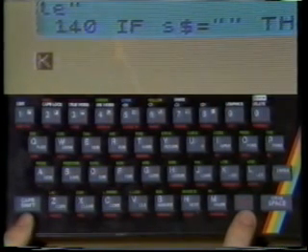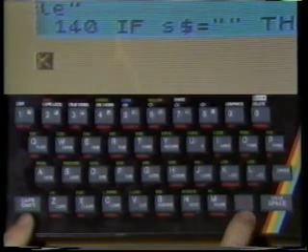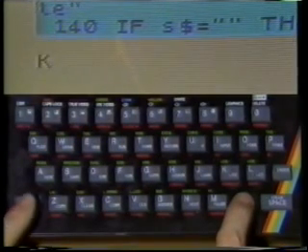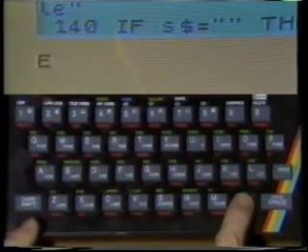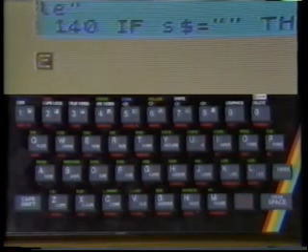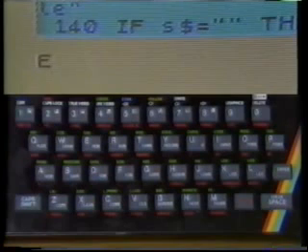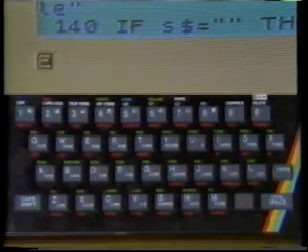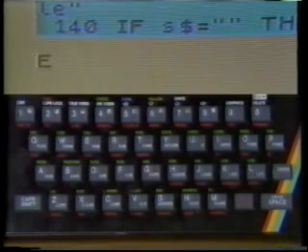If you watch the flashing K cursor, if I press both of these together, it changes to an E, meaning extended mode. And now, if I press a key, the meaning of the key is the meaning printed in green